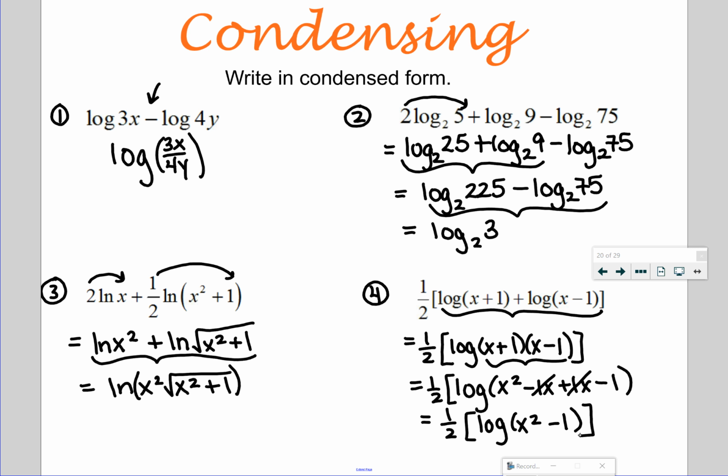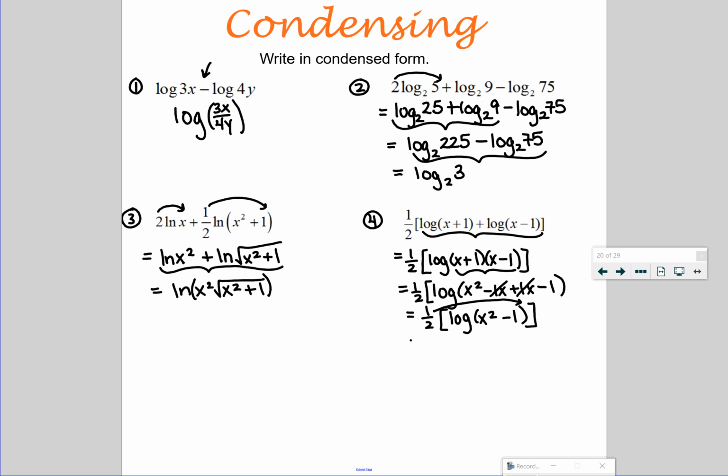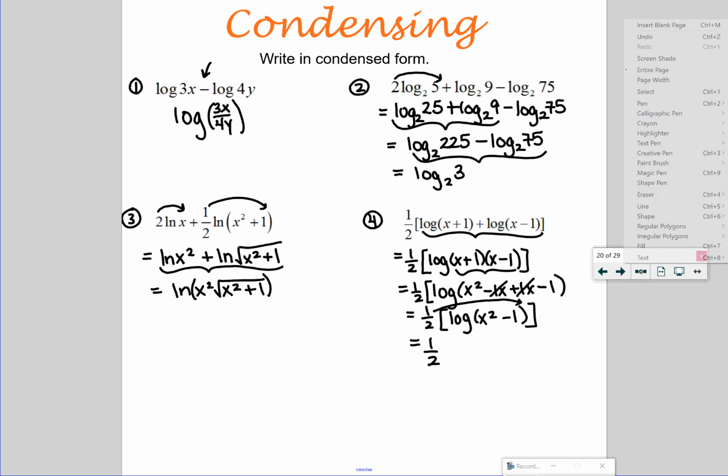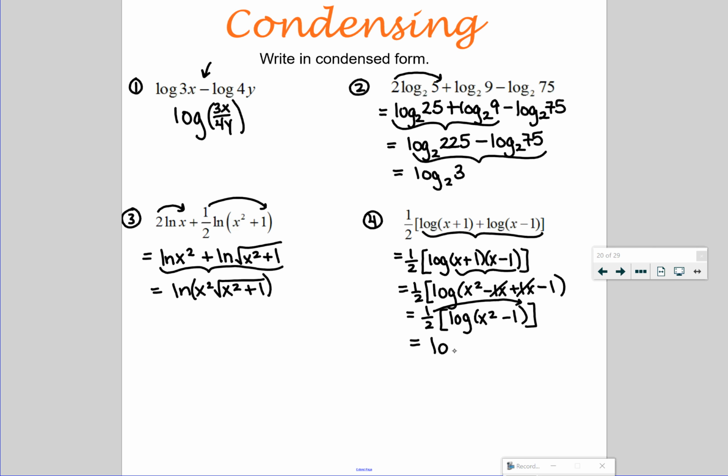Okay. Finally, at the end here, I have this number in front of my log that I can move up into an exponent. A 1/2 power is the same as a square root. So we're going to have, actually let me erase that. So we're moving it up. So we're going to have log, and then my x squared minus 1 is going to have a big square